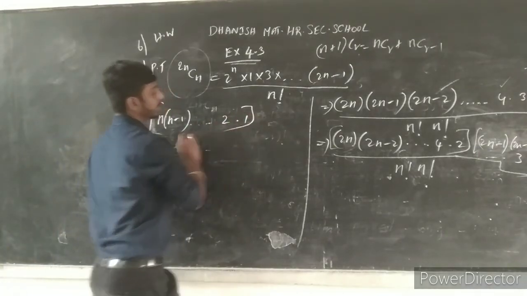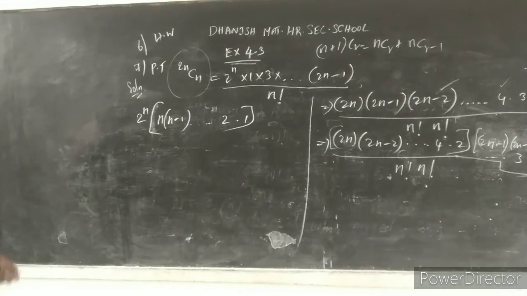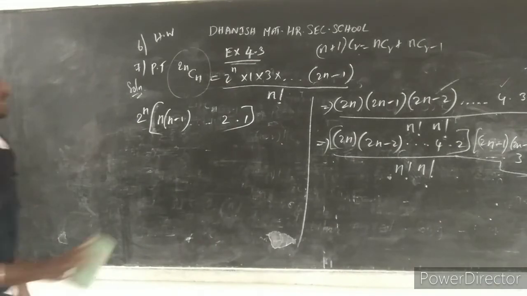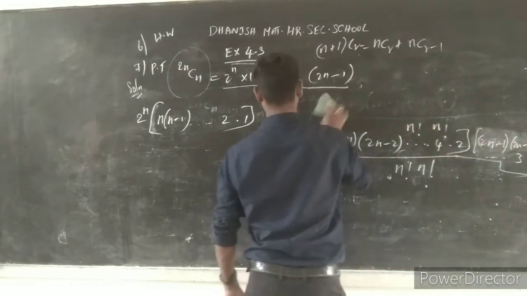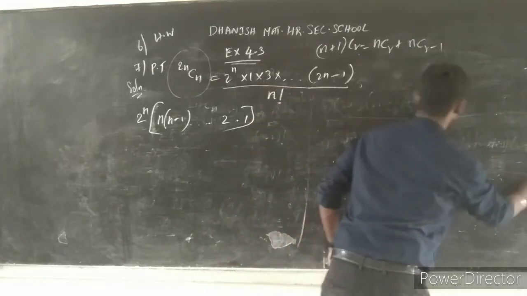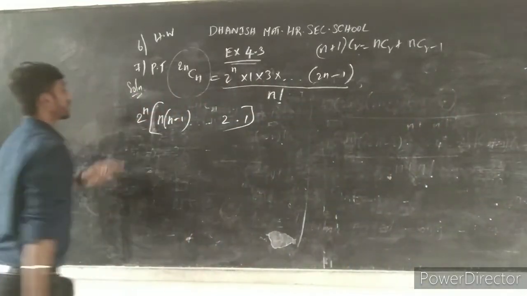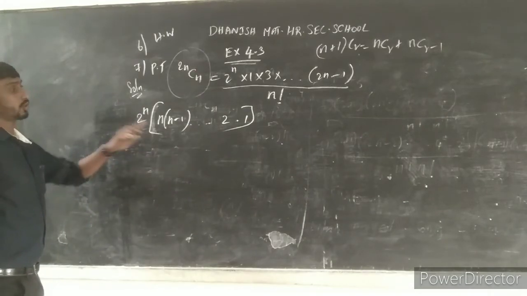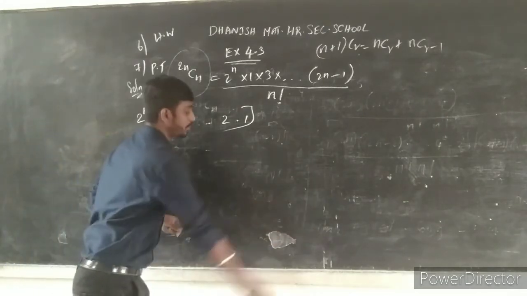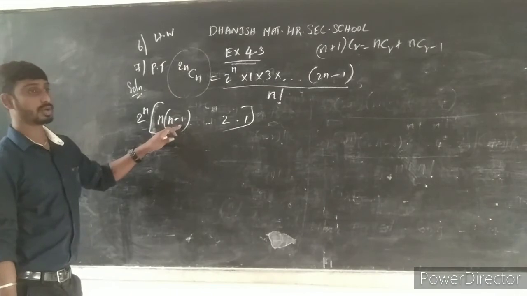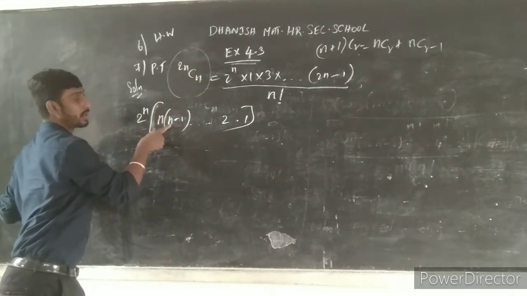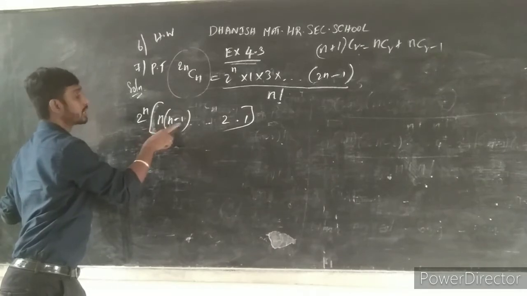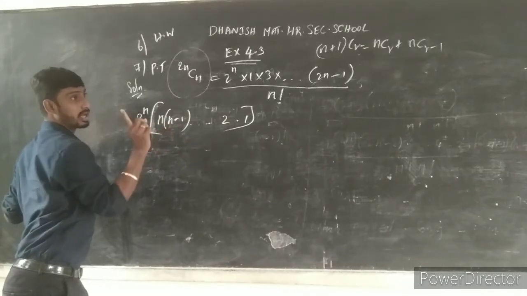Here we are taking 2, this is 1, this is 1 here. So what are the remaining values? The remaining values will be constant here. So you take this 2 from this equation. You will get n into n minus 1 because 2 will be taken out. There will be remaining n. So 2 and 3 will be taken out, there will be remaining n. So you take 2 here, and 1 will be remaining here.